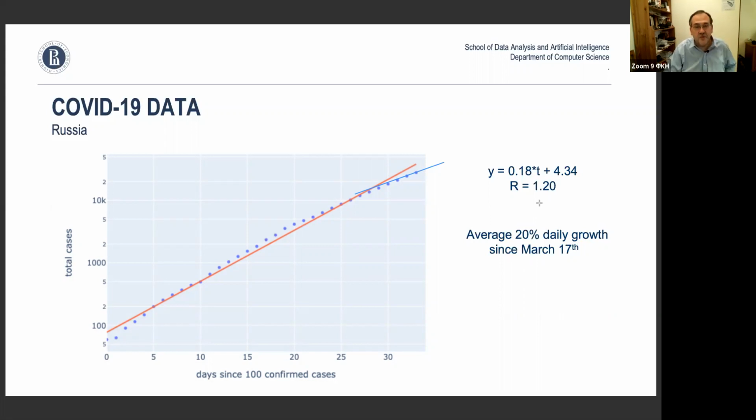Looking at other countries, we still haven't reached the peak, which means you can play more with this type of model. The peak will probably be in a couple of weeks, which means it's not going to go to 0 until probably the end of May. Anyway, this is how you can actually work with data, and you have all the tools to do this type of very simple analysis. Any questions here?